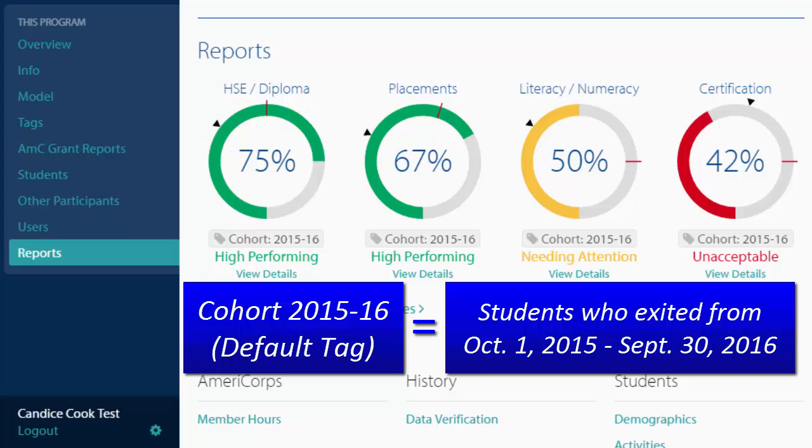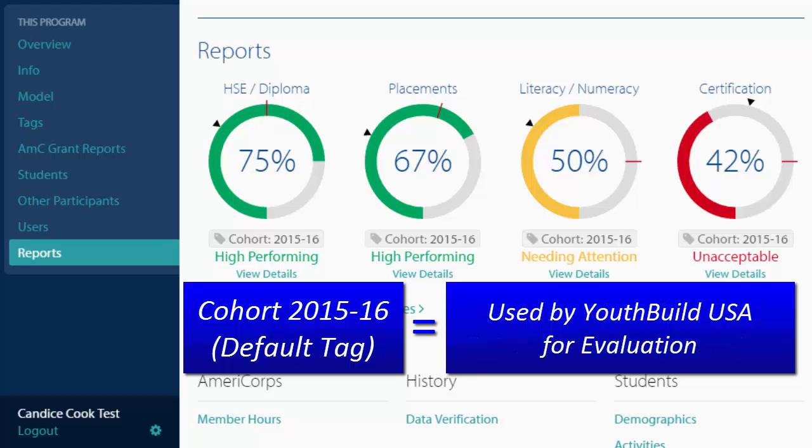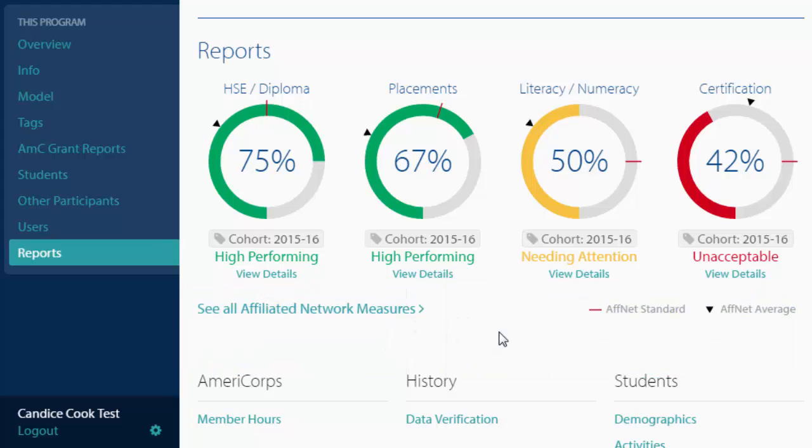Now that may or may not be the same way your program defines cohorts, and that's okay. The cohort year tag is used by YouthBuild USA for the purposes of evaluating program outcomes across the network. The good news is that you can run reports on any tag you like, and we're going to change that tag out right now. To do this, click on See All Affiliated Network Measures, which will display all 10 of